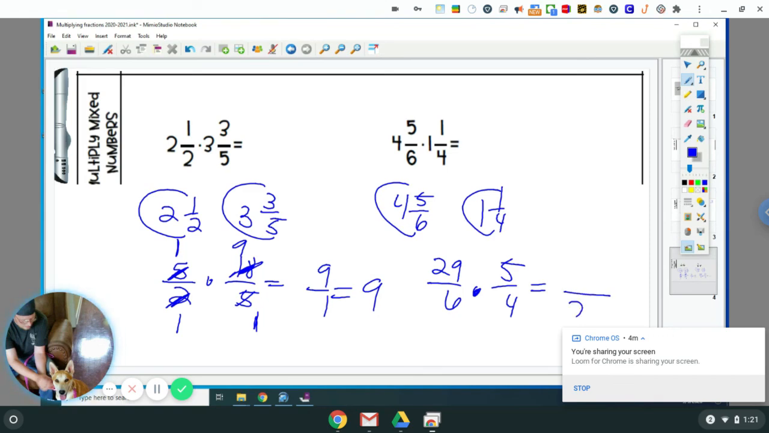Okay, now we need to multiply mixed numbers. To do this, you have to change it to improper. So we're going to change 2 and 1/2 to improper by doing the backwards C. So you're going to take the denominator and multiply by the whole. So 2 times 2